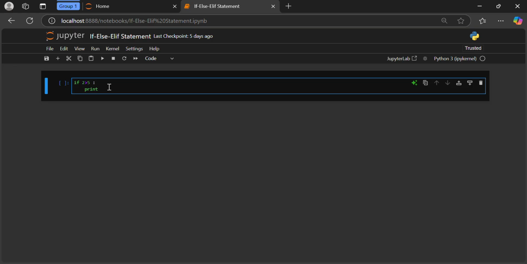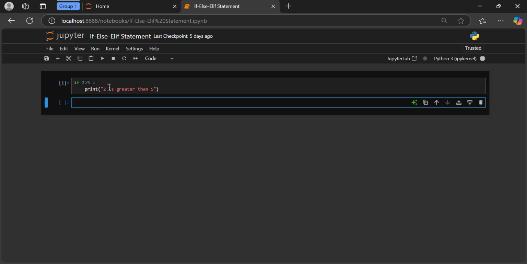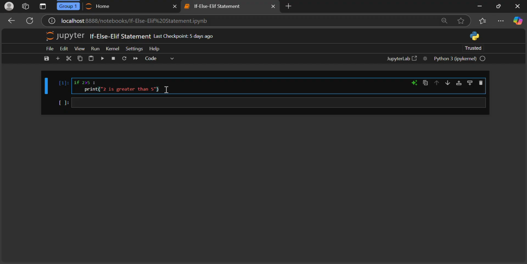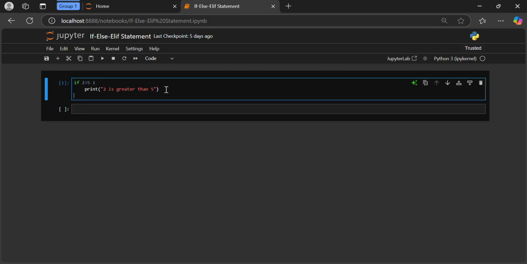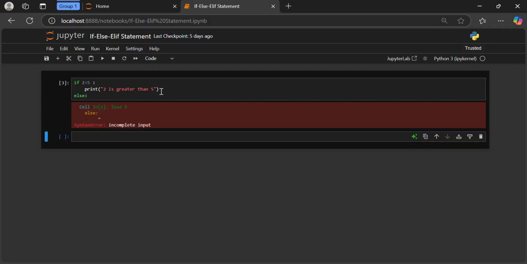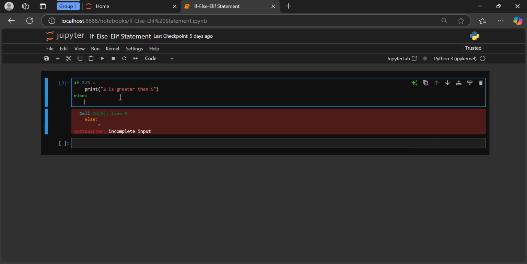Print 2 is greater than 5. Okay, let's see. Will it print it? No, it won't print it since 2 is not greater than 5. So now, what do you do? You come on here and say else. Sorry about that. Else print